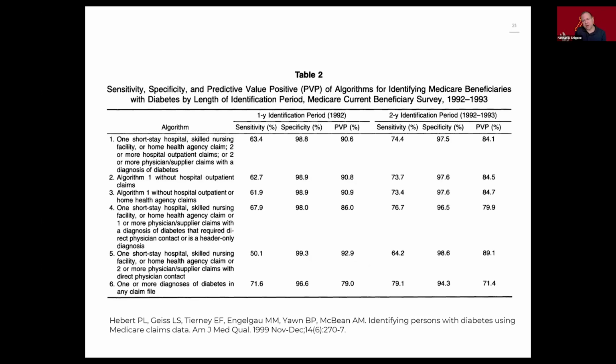Now you could wonder, why would we allow one claim in the inpatient file versus two in the outpatient? It's often that we're relying on the diagnostic certainty of the inpatient space more. If somebody had an inpatient stay where this was identified, we're taking that as one claim being sufficient. But if it's in the hospital outpatient space, maybe an outpatient emergency department visit where they were never admitted, maybe a hospital office visit,